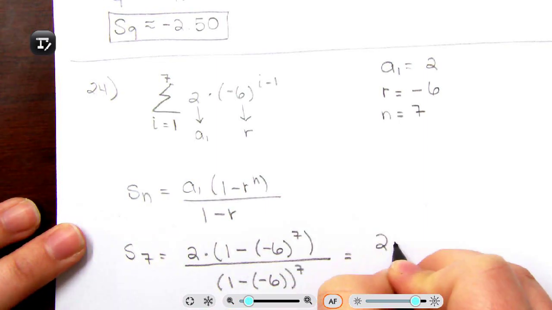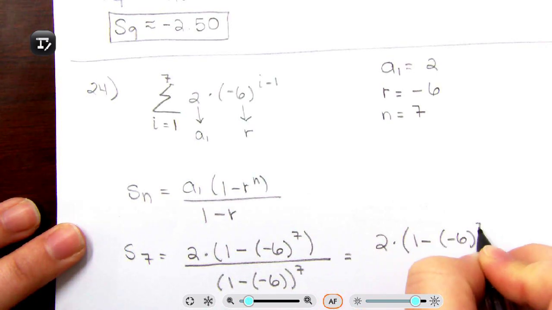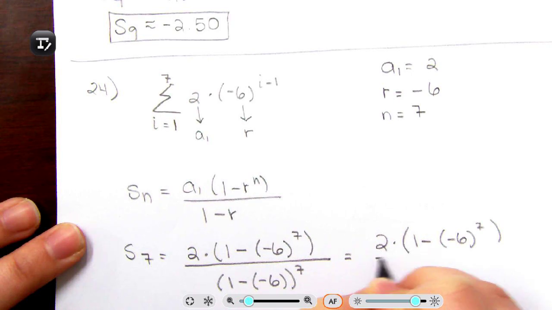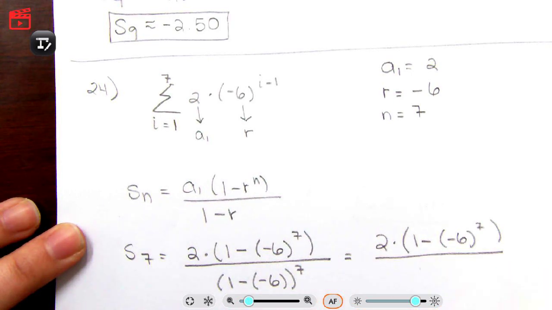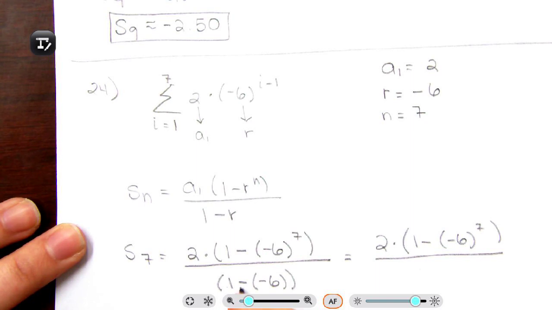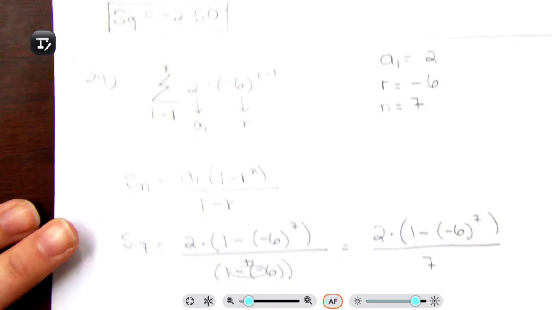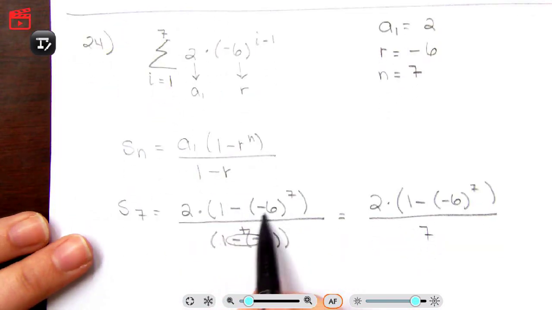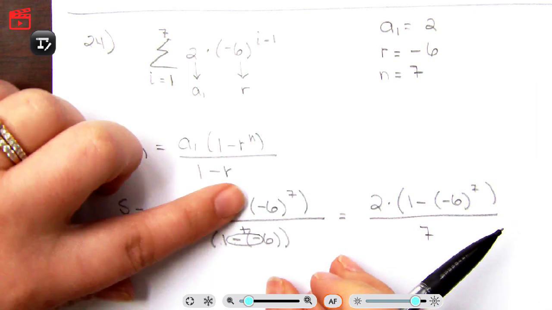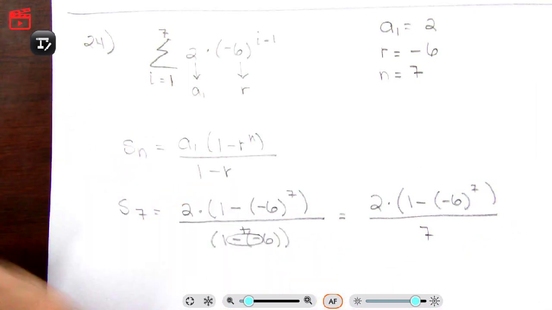Oh, this is wrong. This should not be to the 7th power. This is just 1 minus negative 6, which is 7. Two negatives make a positive. Now don't make that same mistake here. Don't combine these. You have to take negative 6 to the 7th power first before doing anything with that 1